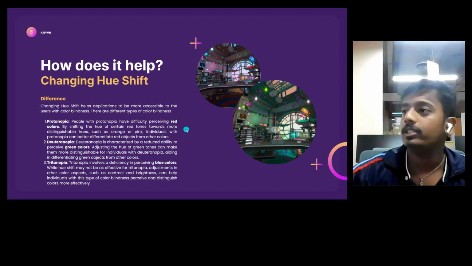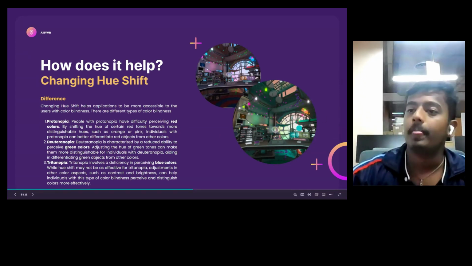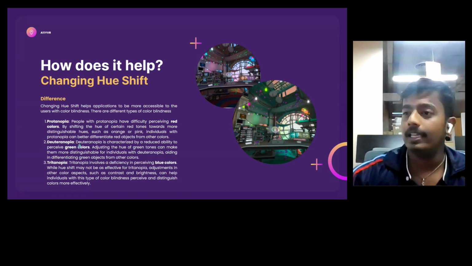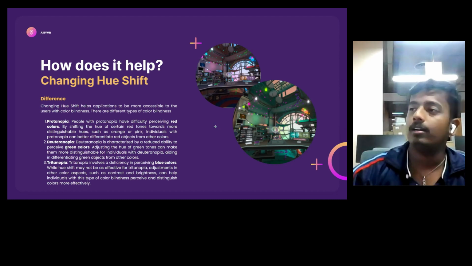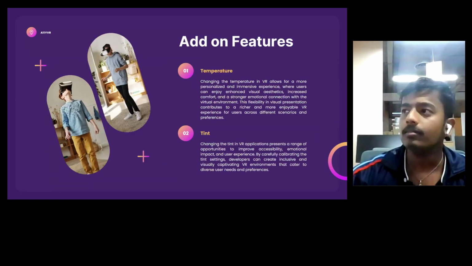By changing the hue shift, one can see we have a red color here, and as soon as I shift the hue, the red color completely disappears. Similarly, deuteranopia is the one in which the user has difficulty perceiving green colors, and tritanopia is the one in which the user cannot see blue colors. So this hue shift feature is very helpful for people with color blindness, and they can completely change their vision and make the application more accessible.